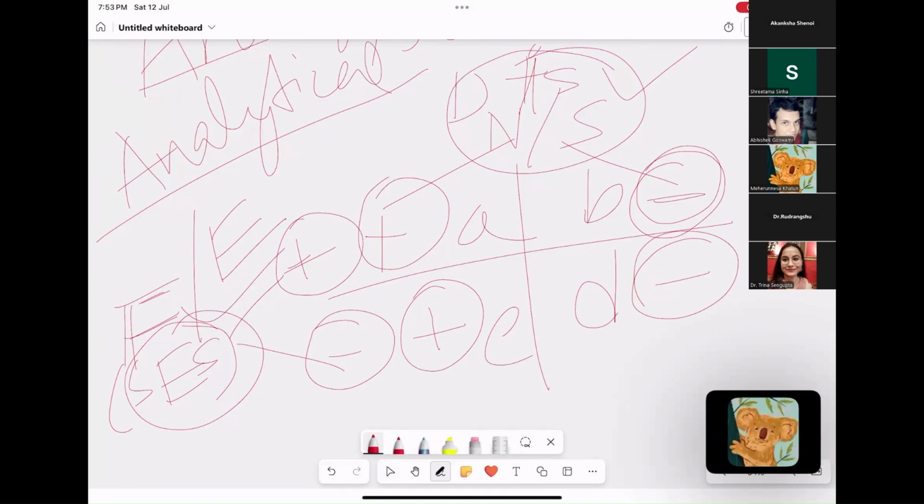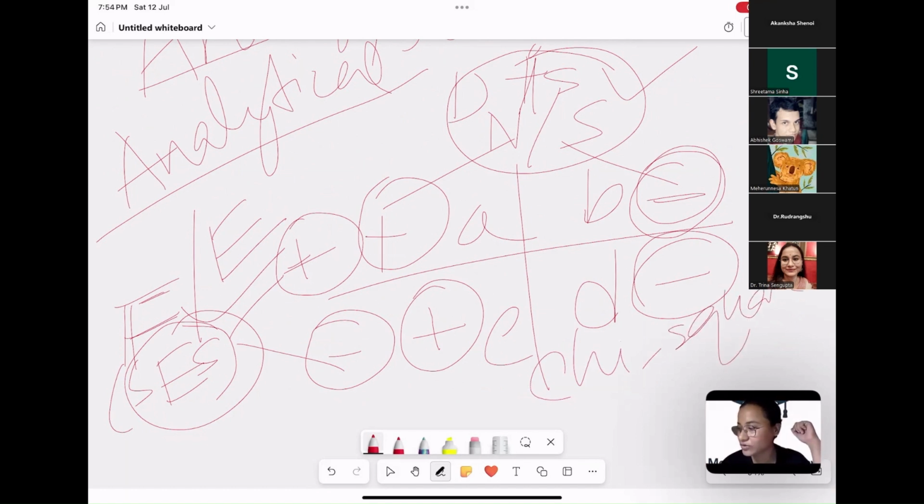I have only 5 minutes and I cannot finish even cross-sectional. So for which study do we calculate relative risk and attributable risk? Cohort study. We do not calculate these things for cross-sectional study. Odds ratio we calculate. Simple chi-square test. I do not know whether you have studied this or not. You can just remember this name. This is the chi-square test.